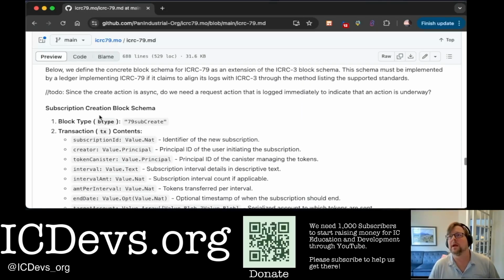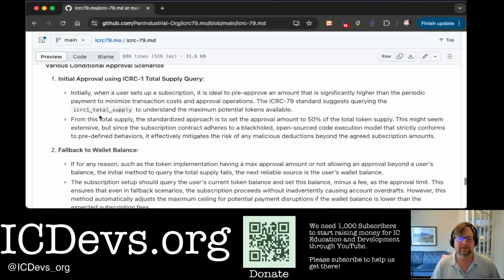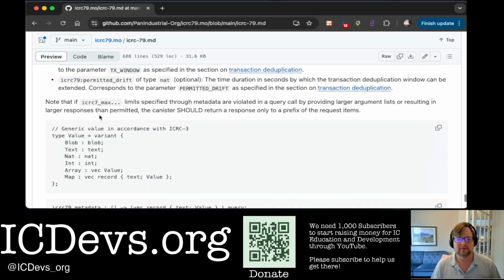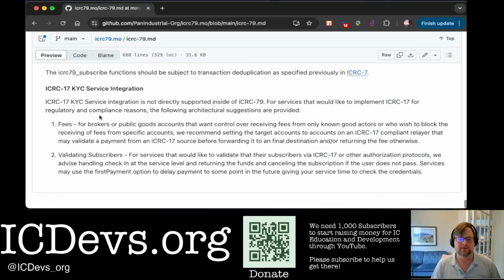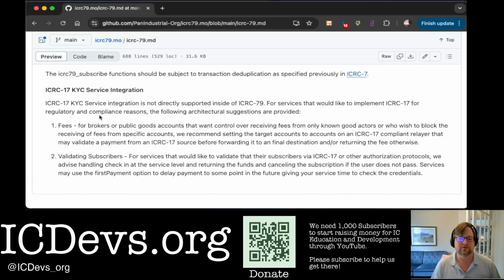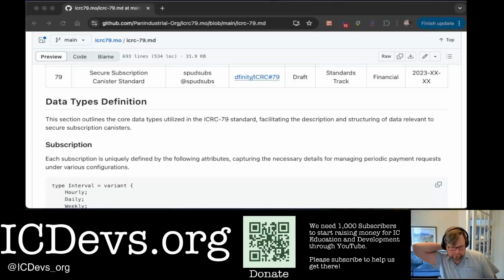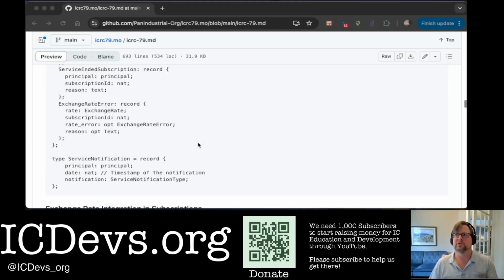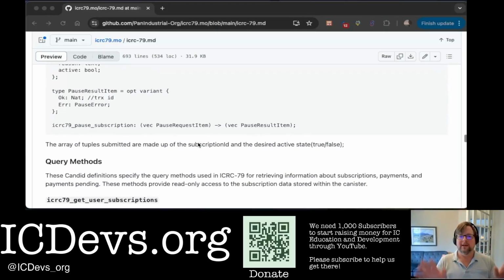Then there are a set of block schemas for the blockchains. These would be the ICRC3 for ledgers. There's a blockchain for this as well, and we define those. A little bit of metadata that is fairly irrelevant for what we're trying to do. We do transaction deduplication. So it's 10 million cycles per confirmation, and then because it checks both the allowance and the balance and makes sure that those are available for your next